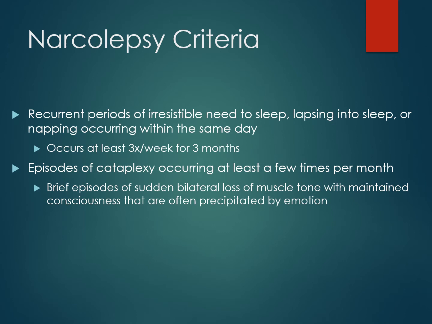The reason that this happens is because when people with narcolepsy fall asleep during these irresistible urges to sleep, they bypass all of the other stages of sleep and go directly into REM. In this disorder, they are constantly being pulled into REM sleep throughout the day. Remember, REM sleep is associated with muscle paralysis. So basically, people with narcolepsy experience sudden forms of muscle paralysis throughout the day, since their body is trying to pull them into REM sleep. This tends to happen during more emotional times when the person is very happy or very anxious or frightened, for example.